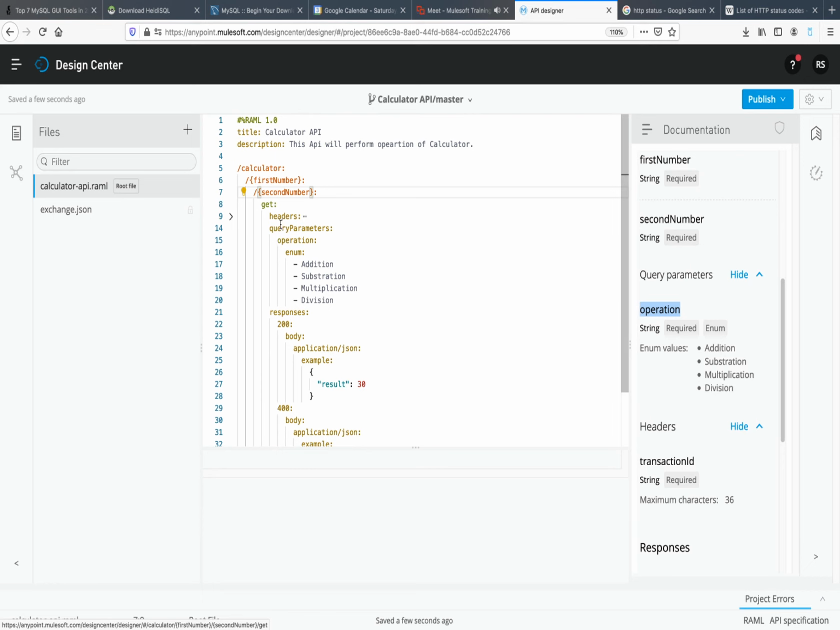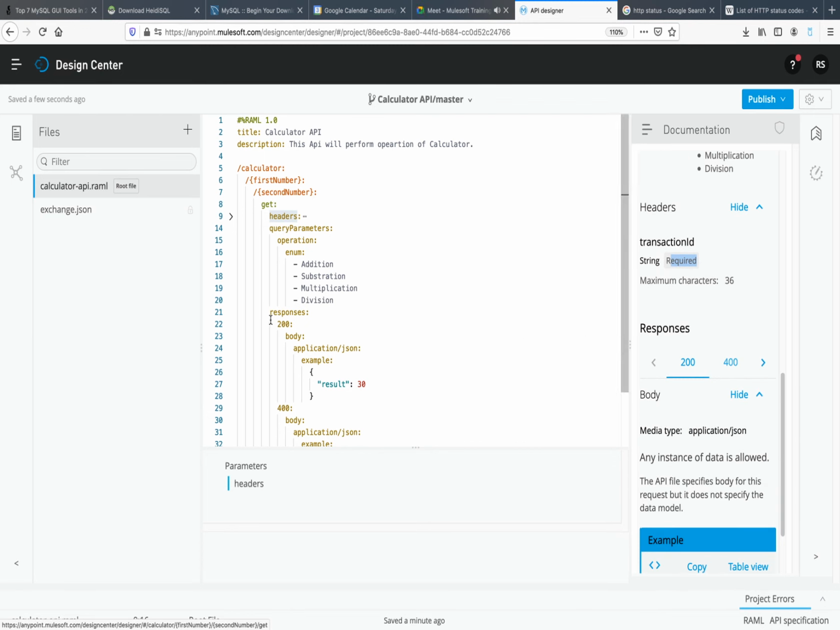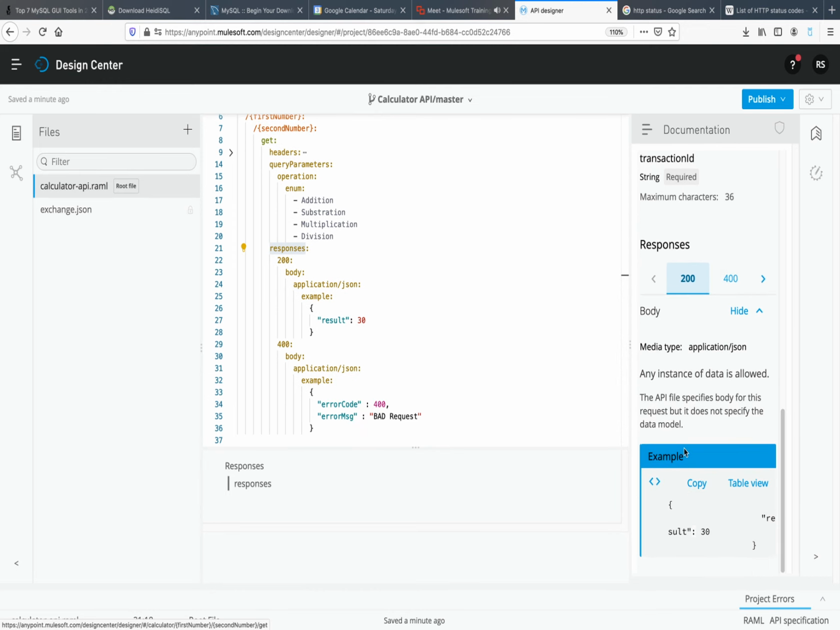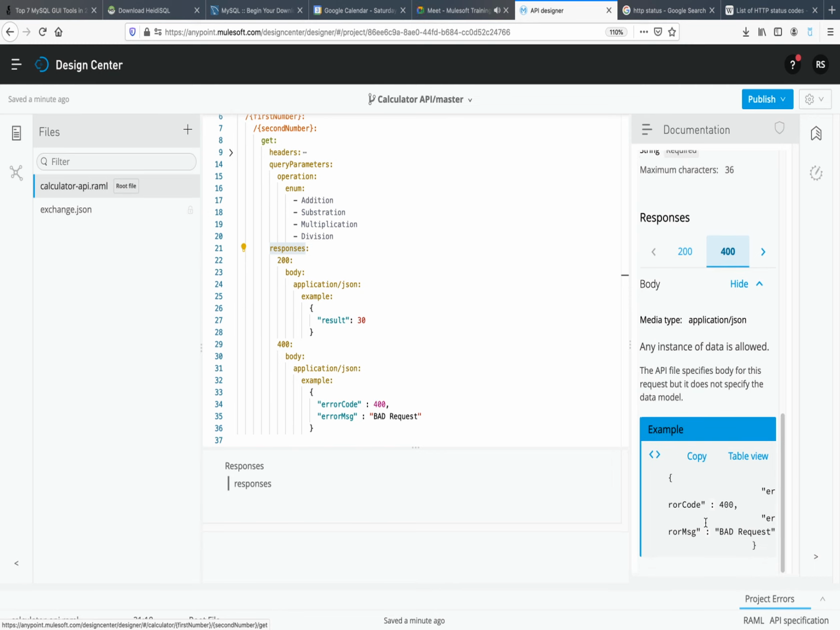Then we have defined one header. You can see the header is transaction ID, data type is string, and required is true. That's why we are getting required. Okay, now we have defined responses also, 200 response and 400 response. Till this point we defined two, so we are getting 200 and 400. If I click on 200, you can see here response, result 30. Everything you will get here also. In case of 400 we will get this. Okay,